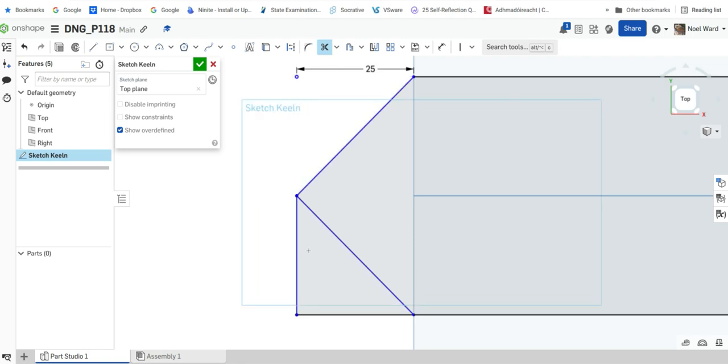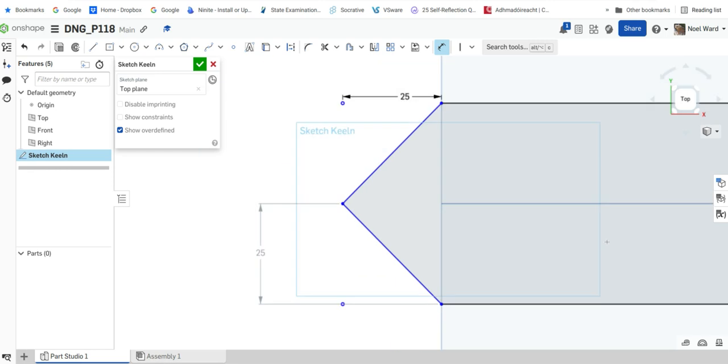And you can see that it's going blue again, which means it's not defined. So I have to put in another couple of dimensions just to make that work out. So I'll go from the corner here to here and take that out, and that's 25. You see it's grey because it's already got that, and I need to put in the overall